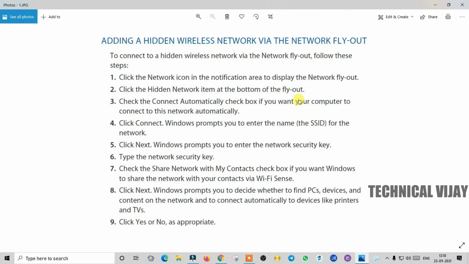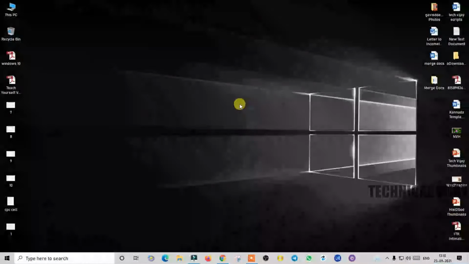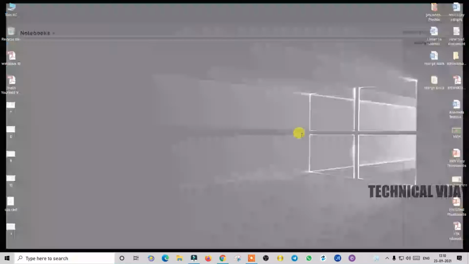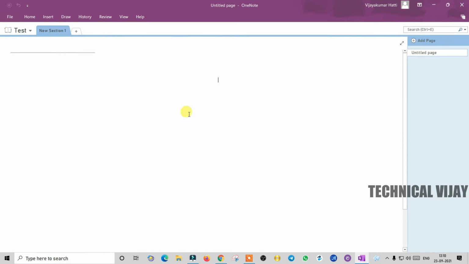OneNote is part of the Microsoft Office suite and works on computers running Windows 7 or later. To extract text from a picture you can use OneNote 2007 or later; in this tutorial I am using OneNote 2016.